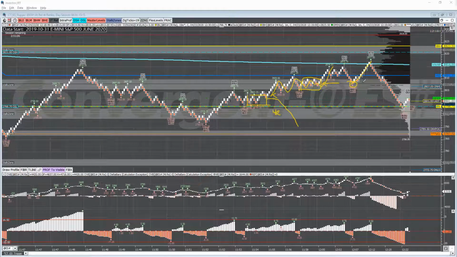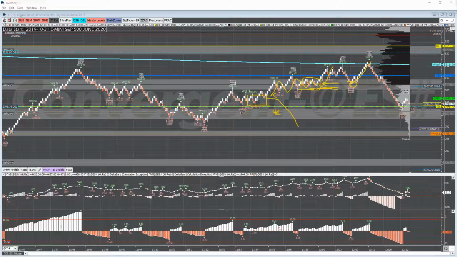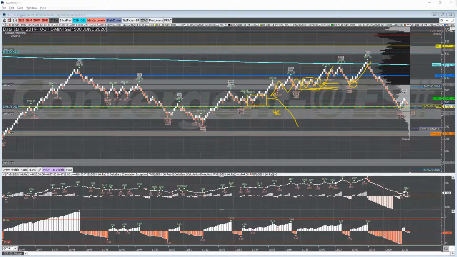And now I'm managing, now that we've tested the zipper and moved, my stop moves up here. I'm under this microstructure, this zipper, and the more recent zipper. Notice I'm not moving my stop from here to here as soon as it breaks. I'm really waiting for it to move up, test, and move away from that zipper for that to become an area that I'm interested in. And now I've got my stop up here at 2805 or so,